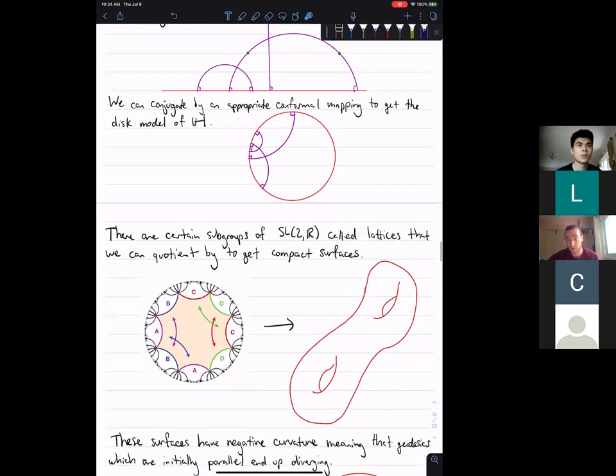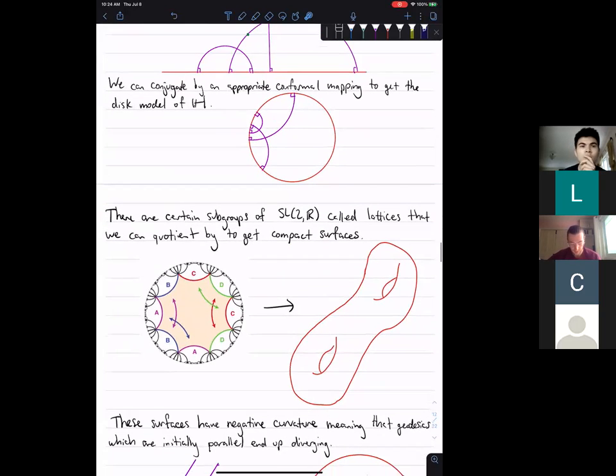Okay, but what does that have to do with hyperbolic surfaces? So SL2R is this big group that acts on this space, but this group has subgroups, and there are certain subgroups called lattices that are discrete subgroups of SL2R. They act on the hyperbolic plane, and then it's possible to quotient by this action to get a compact surface. So what this picture represents, here, is what you would call a fundamental domain